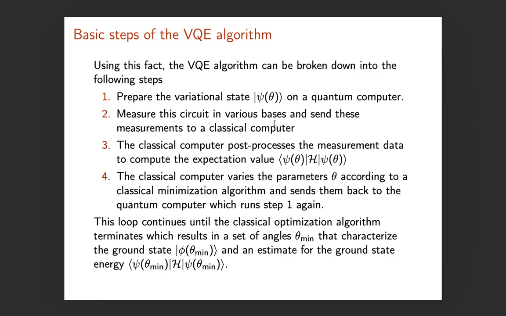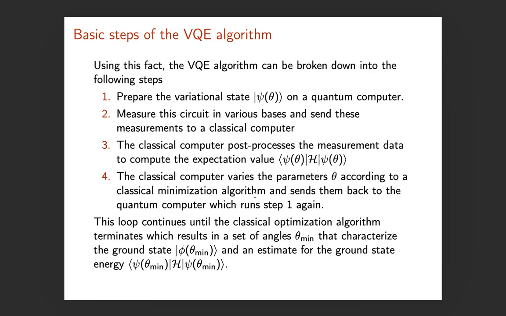Then you have to measure this circuit in the various bases, and then you send these measurements to a classical computer. And the classical computer post-processes the measurement data to compute the expectation value which you have here. And then the classical computer varies these parameters according to a classical minimization algorithm. This could be a simple gradient descent, that means the simplest possible implementation of Newton's method, or it could be